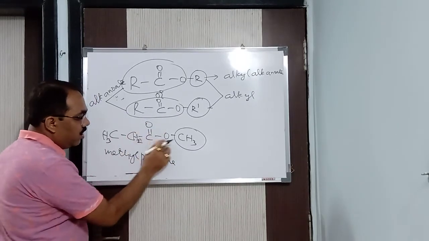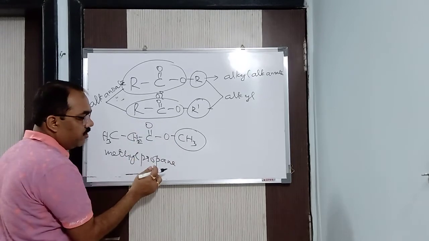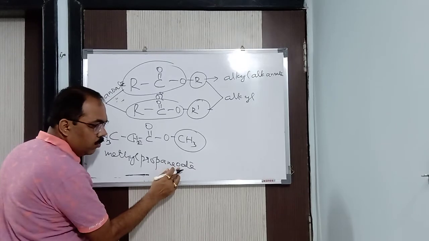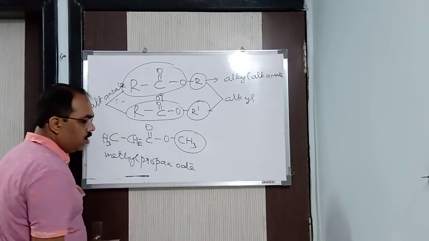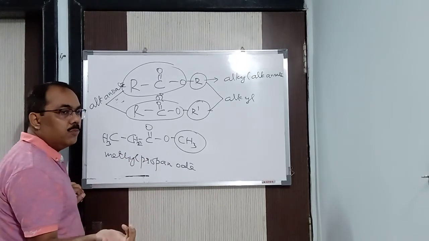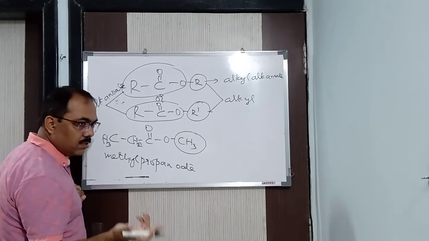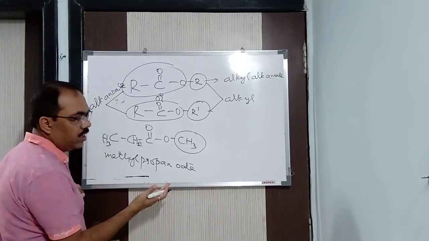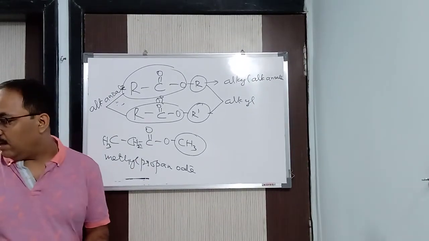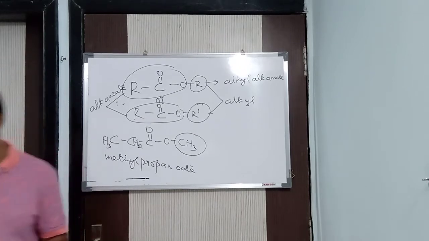And what is the functional group? COO is the functional group. What is the name of the functional group? Oate. So it is oate. E and O both cannot come together, so the E is dropped from here. So it is methyl propanoate. In this way we write the IUPAC name of esters. This is the way to write it down. Please learn it in this way. Alright, you people, you are not learning it at all. I can see it.